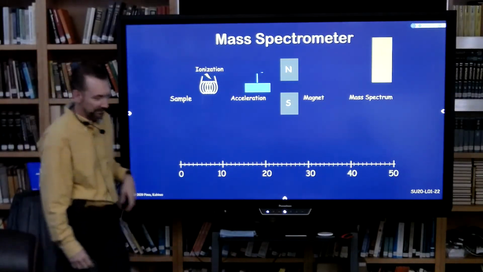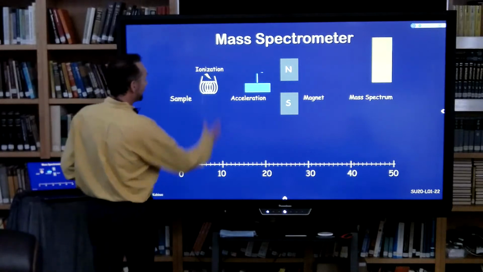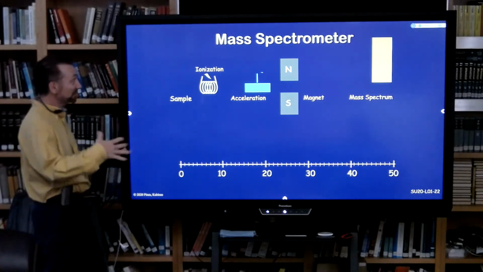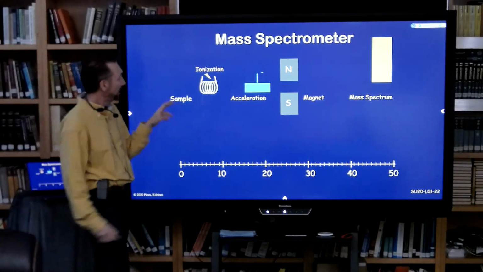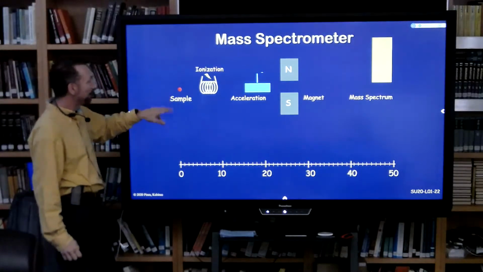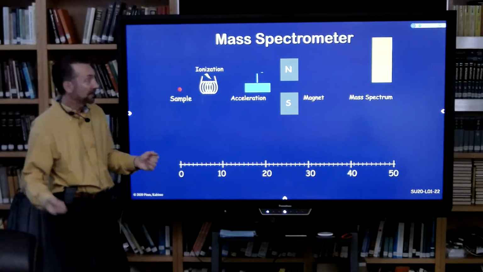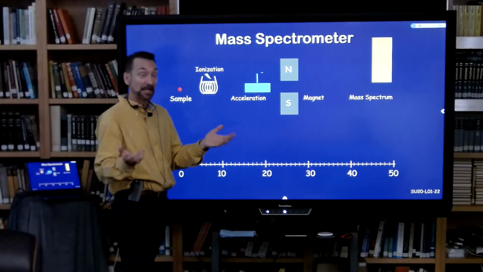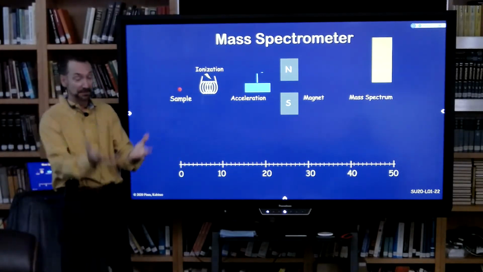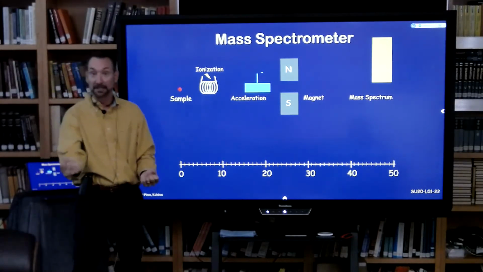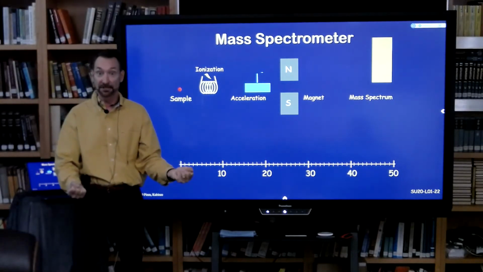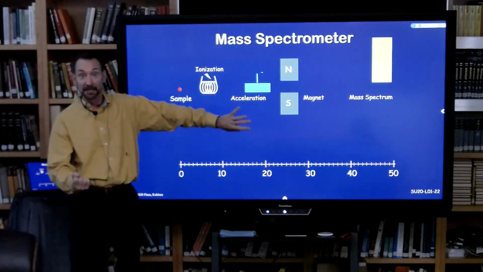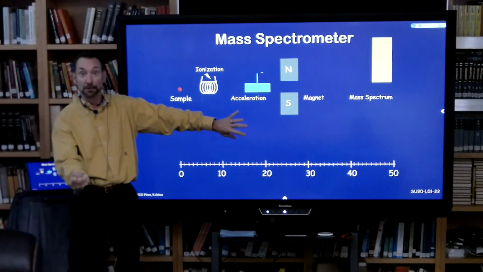Okay, how do we get those relative masses? So there's a device called a mass spectrometer. We don't really have to know exactly how this works. It's interesting, so I will tell you, you take a sample of particles, you atomize them, so it's all atoms, and then you ionize them. That means remove some electrons. And when you remove electrons from those particles, they have a charge, because naturally the positive charges in the nucleus are balanced with the negative charges of the electron cloud. If you make that unbalanced by removing some electrons, you have a net positive charge left on your particles.